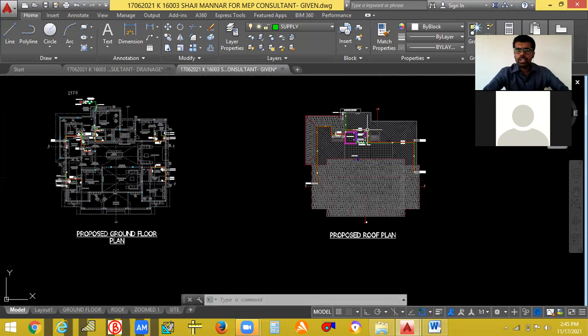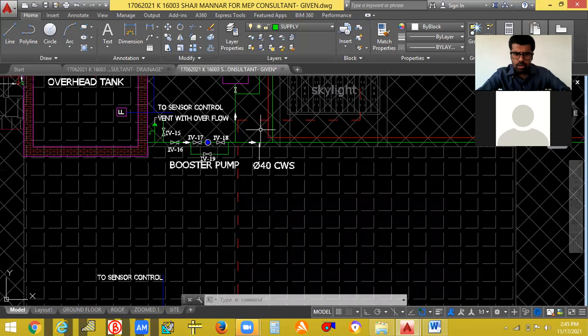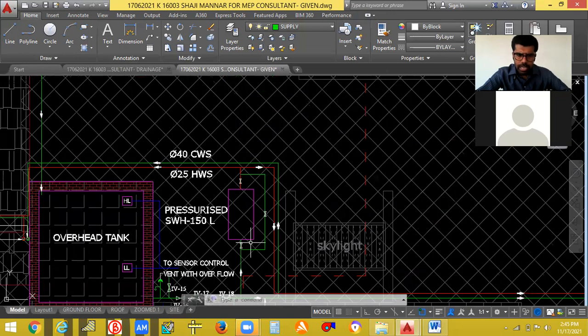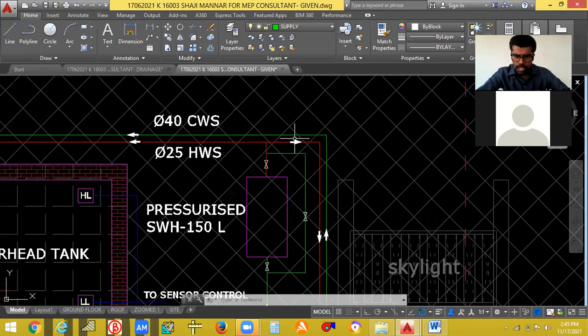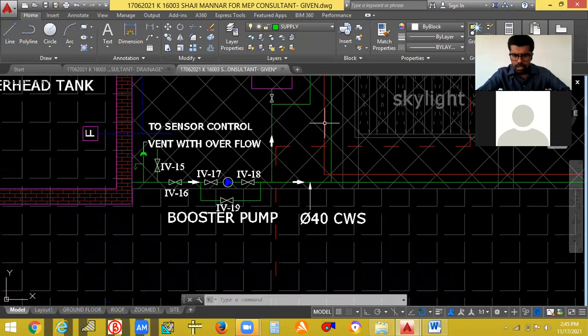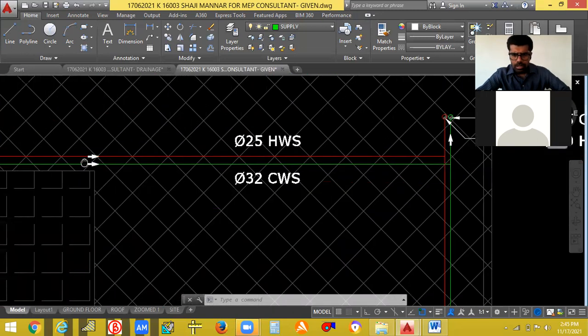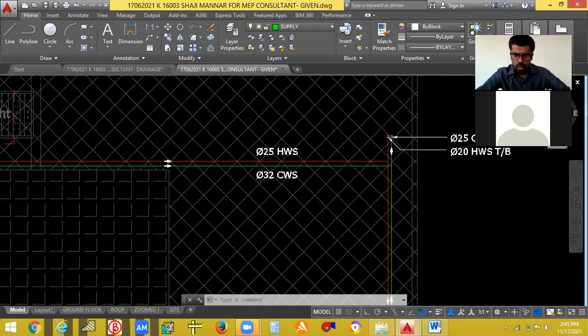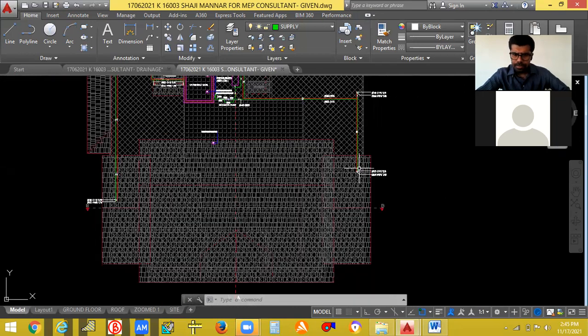So in toilets you need hot water. So wherever you are supplying cold water, there you just give a hot water line also. So from here, the main line is coming. It has been split into two. One line will be going, you just see the arrow. One line has been going here, going here. You can see the arrow, and it reaches. It is divided again into two. One will be going to this side, and another will be going to this side. Okay.